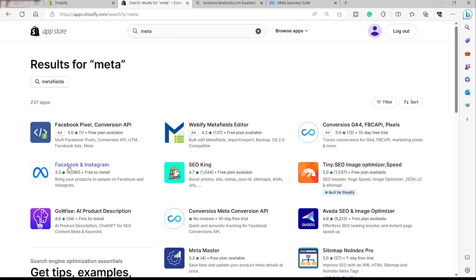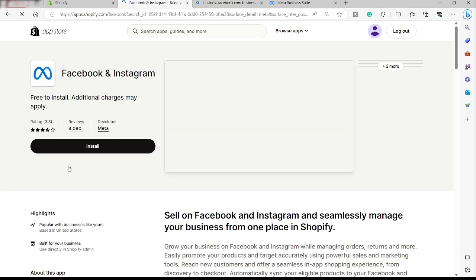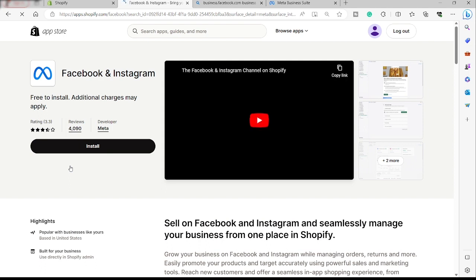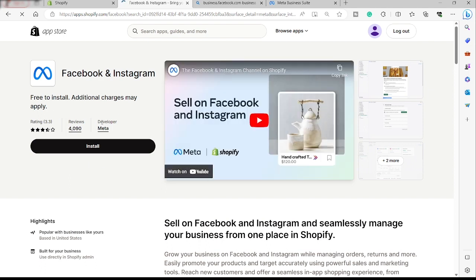I will just go ahead and select this one, Facebook and Instagram. And you will also see over here that their developer is Meta. So it means that this is the real one. Because other apps will just imitate the name, but the developer is not really Meta, it was someone else. So let's just go ahead and click